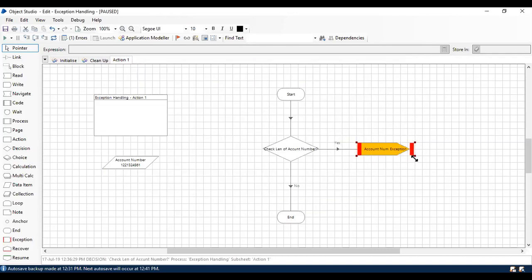So now when you run this, it's not going to throw any error of an internal type.